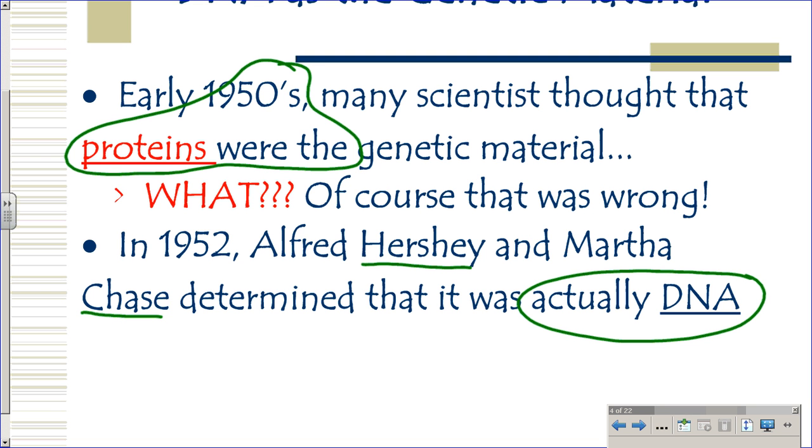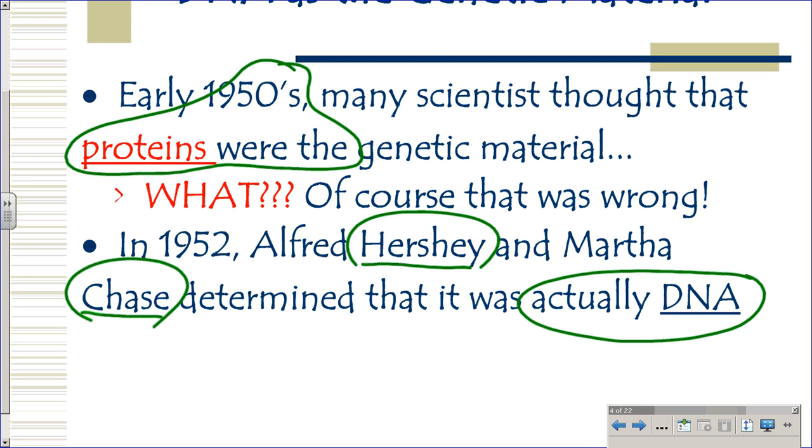Not much right there. I just want to tell you the history of it, because you might hear the scientists Alfred Hershey and Martha Chase again. Yes? I just want you to know that these two people are important because they're the ones who finally said, people, you're wrong! It's not proteins, it's DNA. That's being passed in the gametes to the offspring.